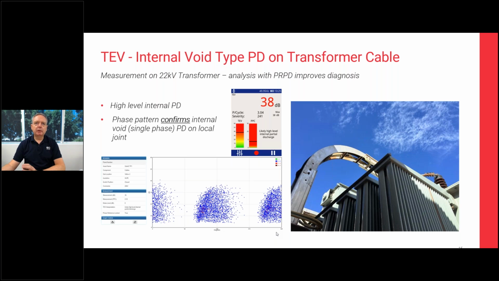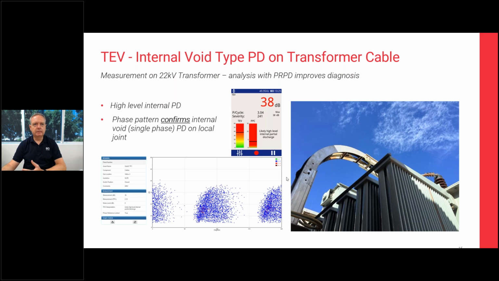And the number of pulses per cycle is relatively low. It's about 2 to 3 pulses per cycle. All this gives us a very good indication that what we're seeing here is internal discharge inside solid insulation. It's at a level, so up to 38 decibels, of where we're worried about it, so it's quite a high level, solid insulation. So what we were able to do in this particular instance is use some time of flight